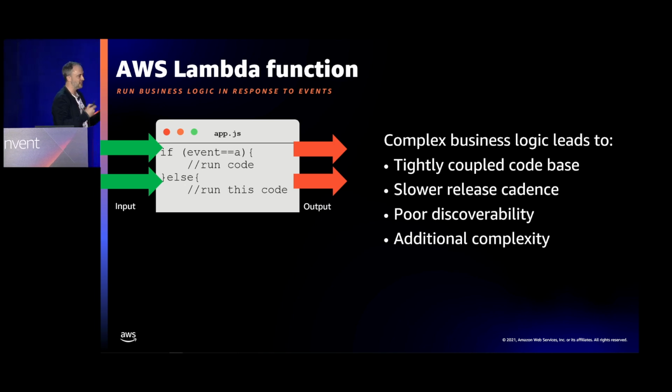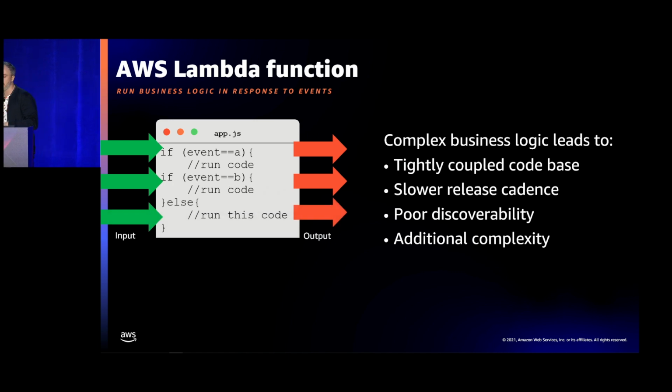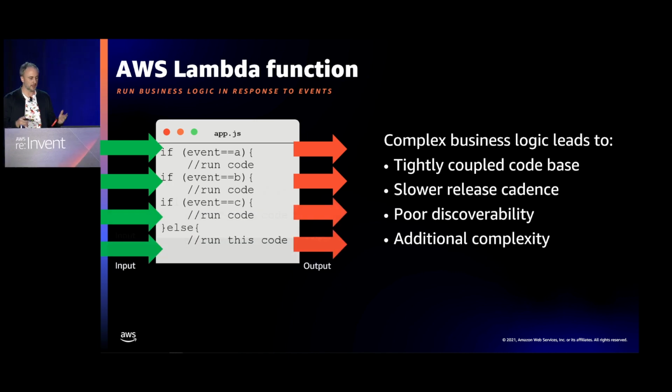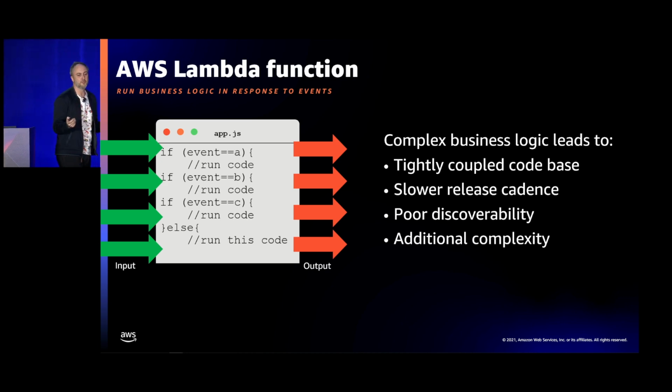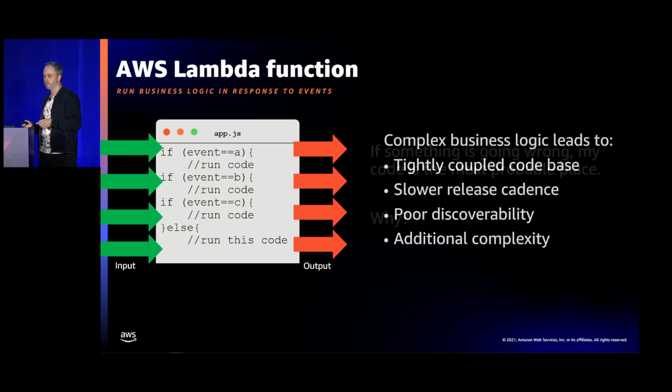Then my boss comes back and he says, actually, we also want to capture when somebody comments on a repo. And so I add some more code. And we also want to capture whenever somebody makes a pull request. And again, I add some more code. The problem with this is the more code I add, I'm creating this kind of mini Lambda monolith where I've got this tightly coupled code base now. Now, this creates a slower release cadence because every time I add some new code, I need to check that I've not broken my function with the code that was already there. And if it does break, I have to read through all of that code once again and discover where the error is. So I'm adding complexity that I needn't have put in there in the first place. There's better ways to do this.